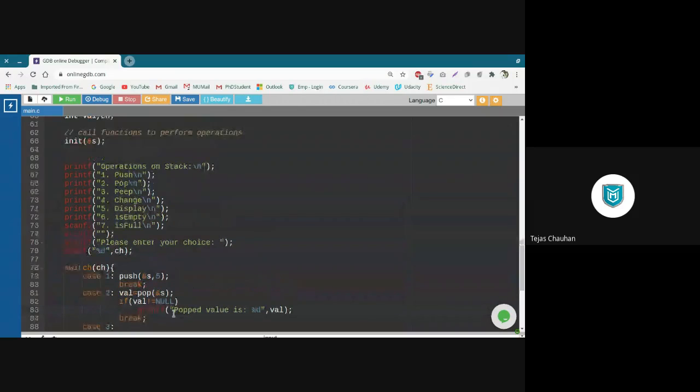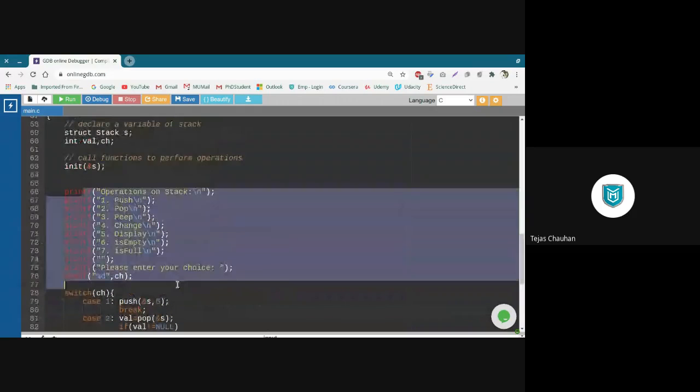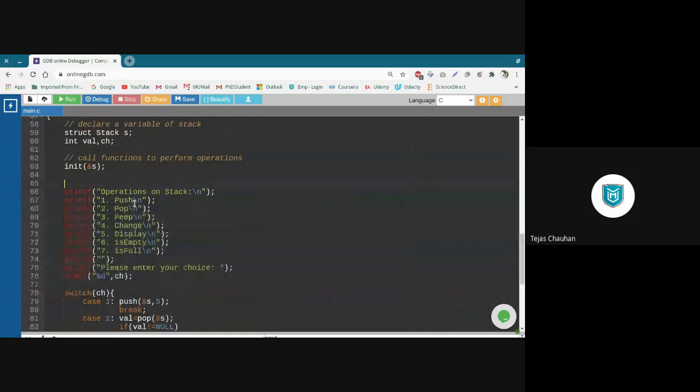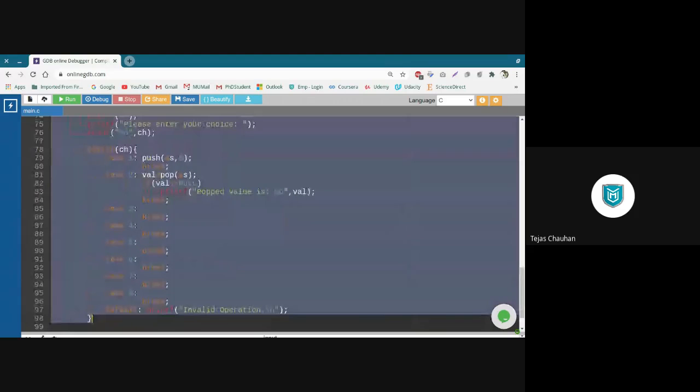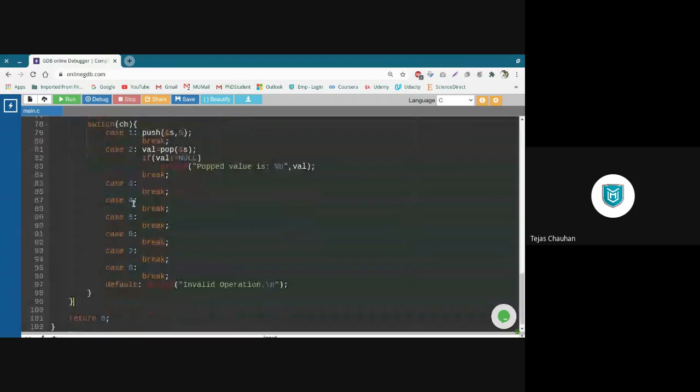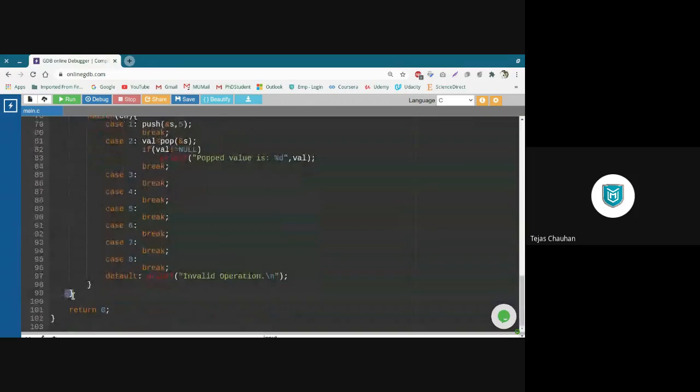So to run this code repeatedly, we need to go for a loop. Let me go for a while loop. And this entire menu and switch is going to be part of my while loop. So I'm completing that while loop here at the end.